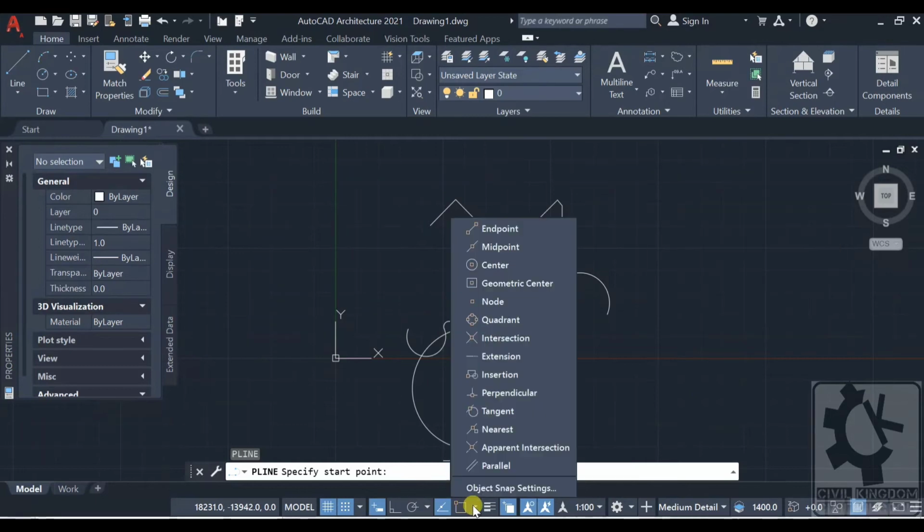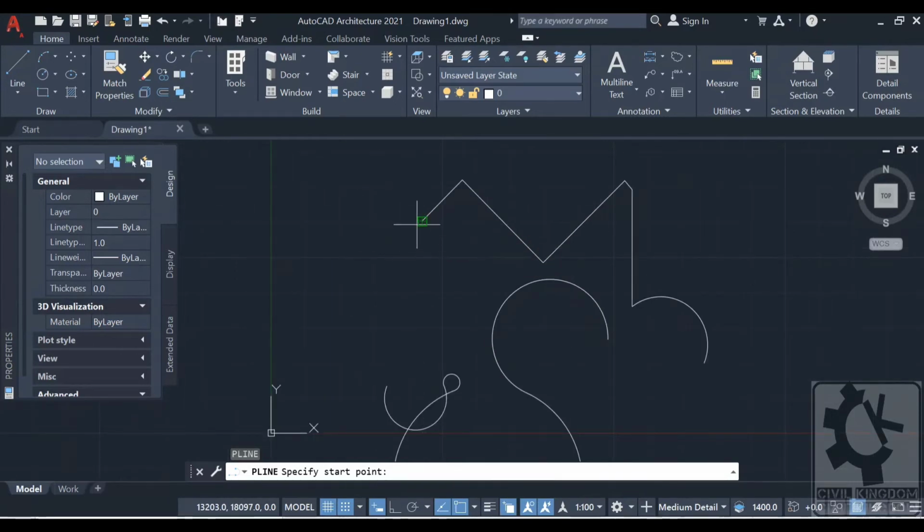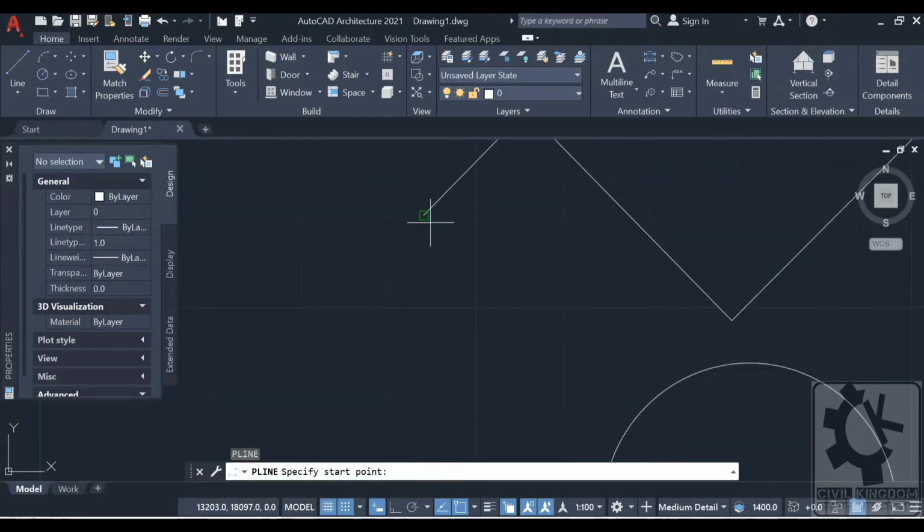So say I need to draw a line from the endpoints. If you bring the mouse near to the endpoints, it will automatically show the square. If you click anywhere near with the left click of your mouse, it will connect at the endpoints.